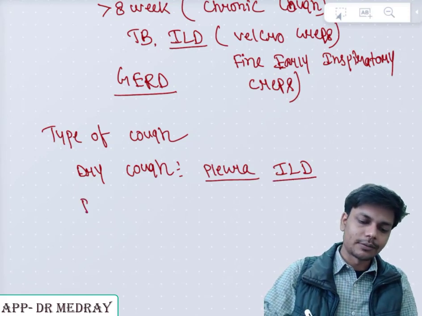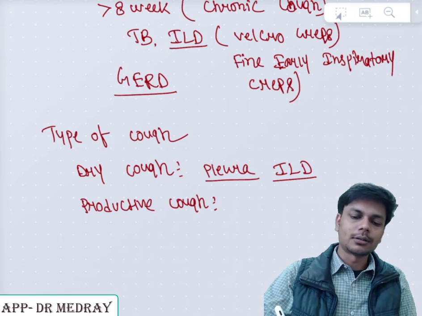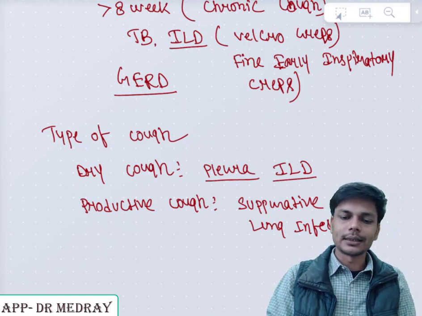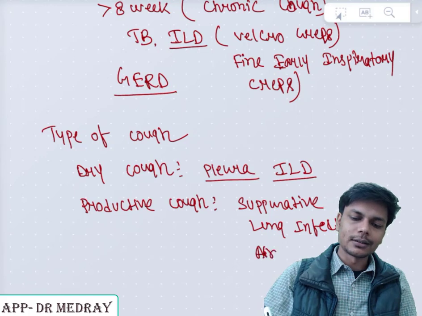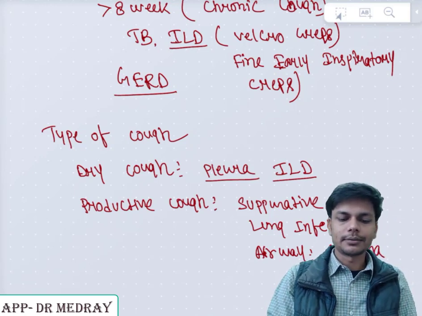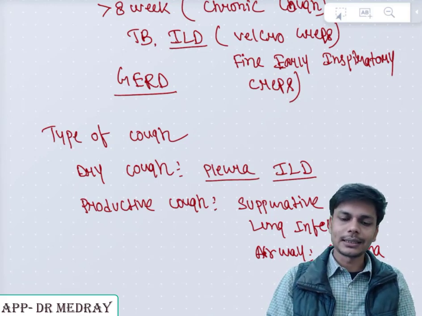Patient may have productive cough. Productive cough usually occurs in suppurative lung infection, like that of pneumonia. It can also occur in airway disease like that of asthma and COPD. So suppurative cough or productive cough is a feature of infection or airway disease like that of asthma and COPD